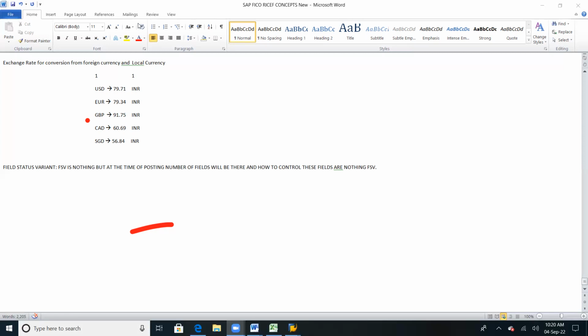So here, for example, in finance screens, for all finance documents, we will have header data. The screen will be divided into two parts. One is header data and line item data. Okay. So in header data, normally we will give